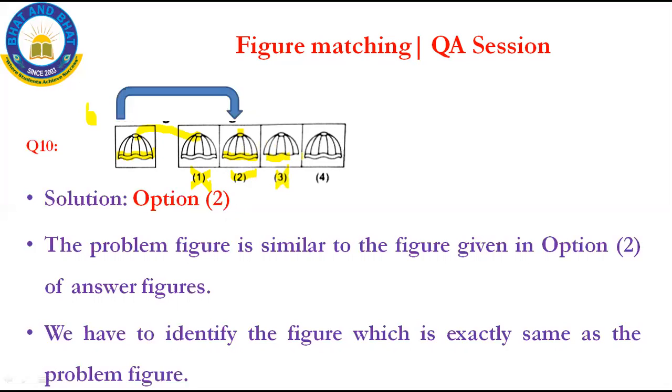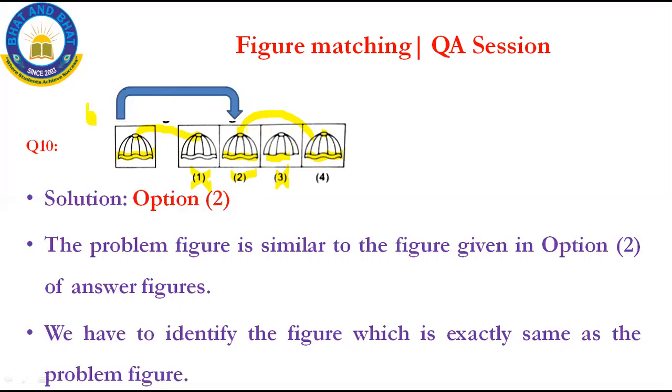Yes, option 4. See here, 1, 2, 3, 4, 5, 6, 6 lines, and the curves are also 2 complete curves. It looks the same as the problem figure, but you have to listen here. You have a doubt between 2 and 4, isn't it? Now look at the hole here. It is a little darkened compared to the problem figure. Can you see here? By joining, it is very darkened. So option 2 is the correct answer.